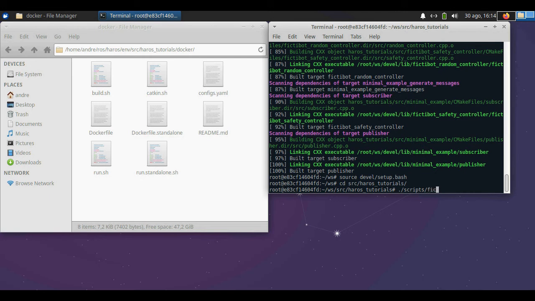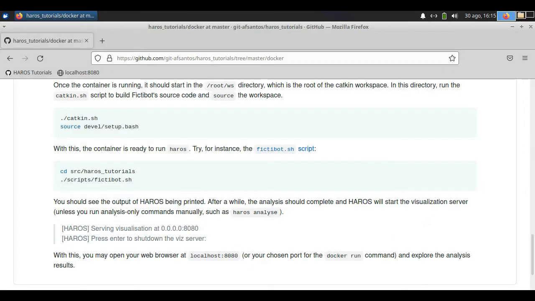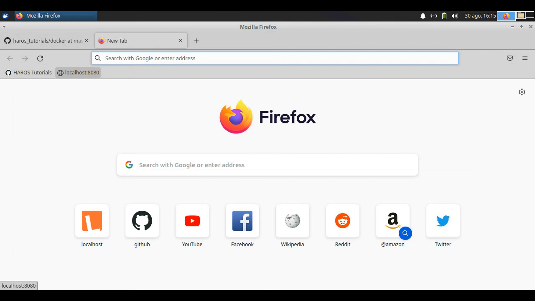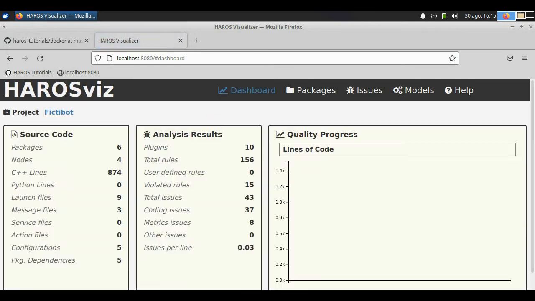After another minute or two, it should complete this initial analysis, and once it says it's got the visualizer server running, you can go back to your web browser and open a new tab on localhost on the port 8080. I've already got here a bookmark to make it easier to get there, and there we go. We can see the visualizer page, so everything should be working as expected.